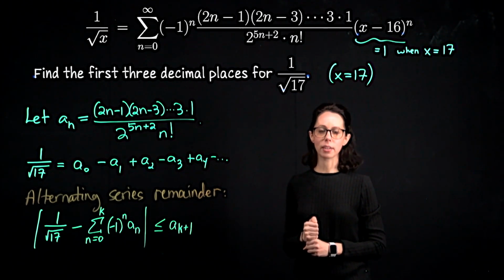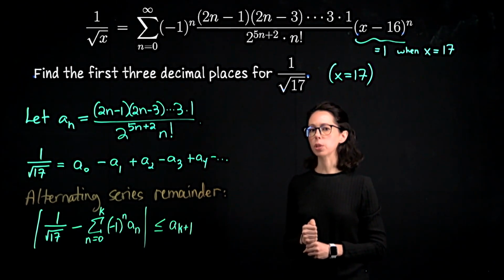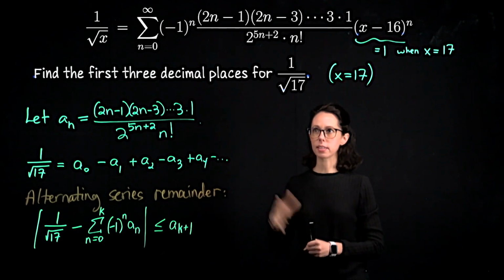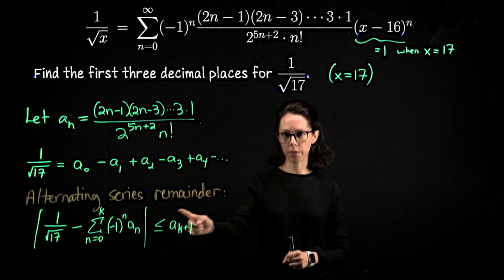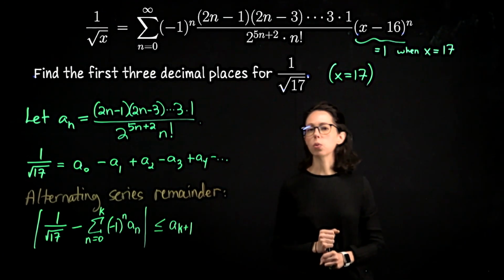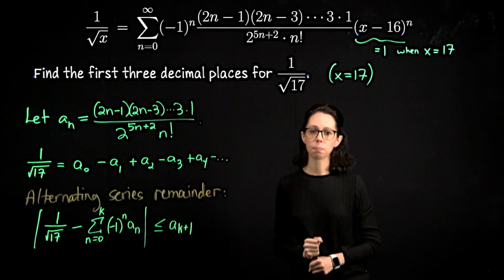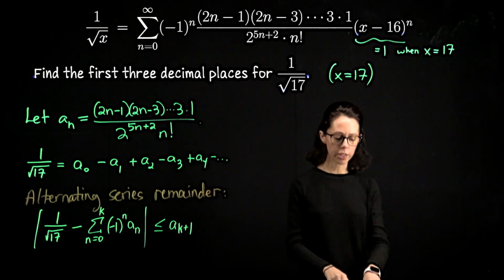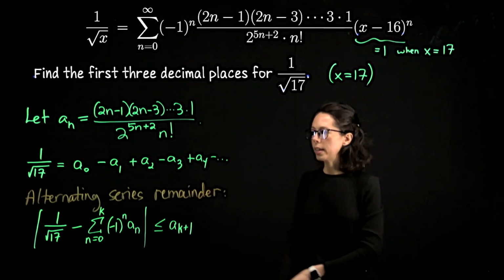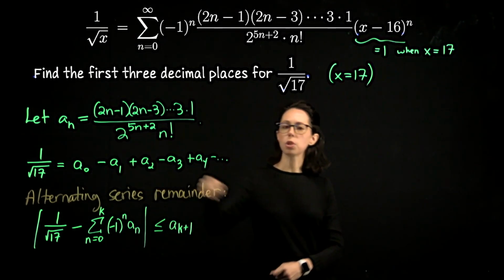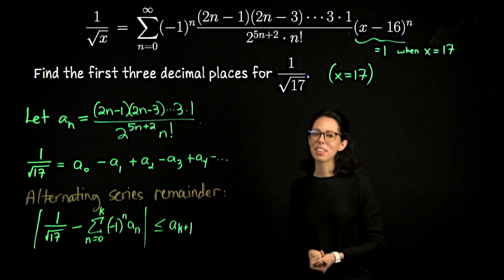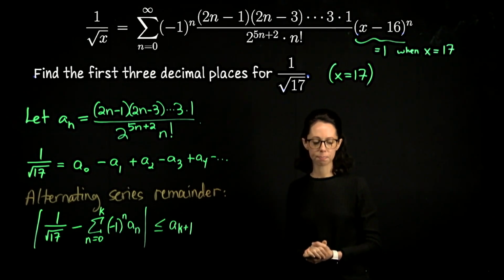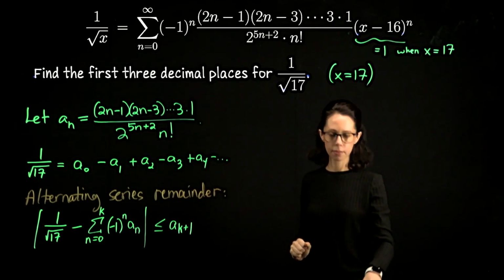So one way to figure out how many terms you need to add up in order to get the level of accuracy that you're looking for is to work with this expression over here and see what k has to be in order for that number to be sufficiently small. I'm going to take an alternative approach here. What I'm going to do is start writing down a sub 0, a sub 1, a sub 2. I want to see how small they get until I realize that I've written down enough terms in order to get the first 3 decimal places correct. Okay, so let's do that.